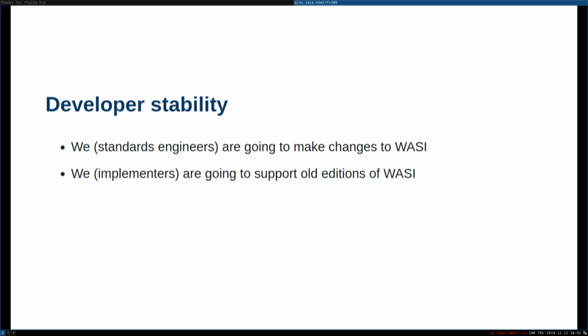But the implementers are also saying, we're not just going to throw away the old version of WASI every single time we have a new idea. We're going to keep on supporting old editions. And I think we're going to be good on that promise, because at the moment, those groups have a huge overlap. In fact, many of them are in this room right now, which is really cool, because we were meeting earlier today, or many of the ones from the Bytecode Alliance anyway.